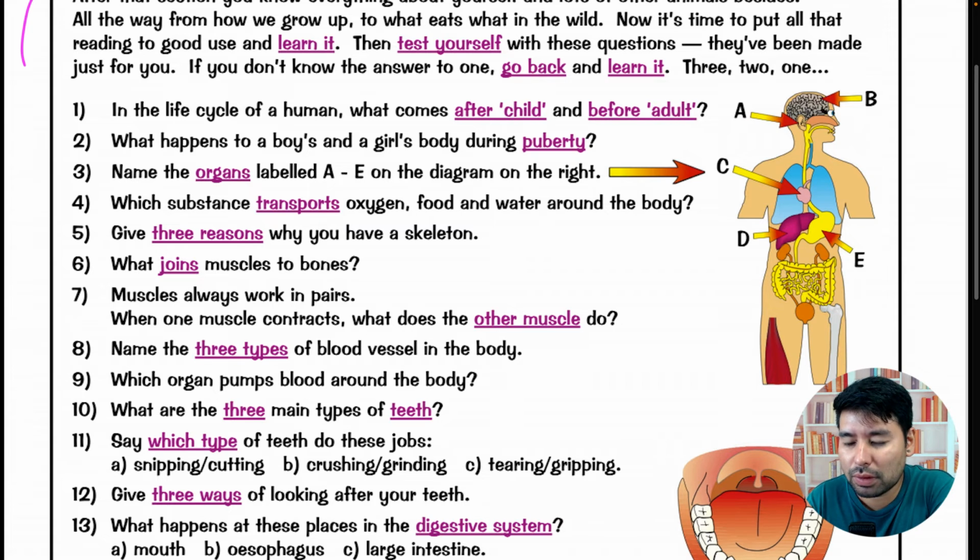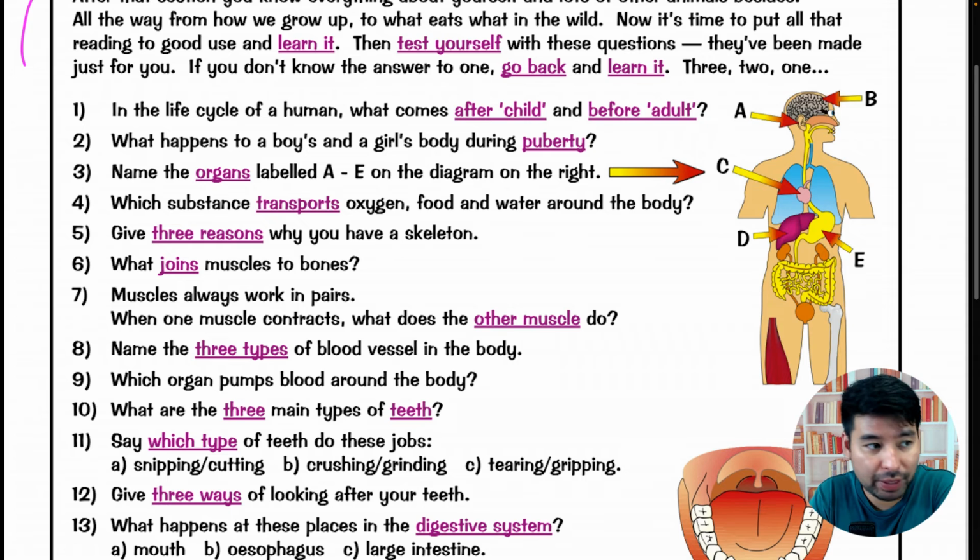Ok, so, o que é essa pergunta, né? Então, no ciclo, né, no ciclo da vida de um humano, né? What comes after child and before adult? What comes? O que vem depois de child and before adult? Então, o que é? After, depois, before, antes. O que vem nesse? Qual que é o nome que a gente dá, que está no meio? Isso é uma question para vocês, ok?